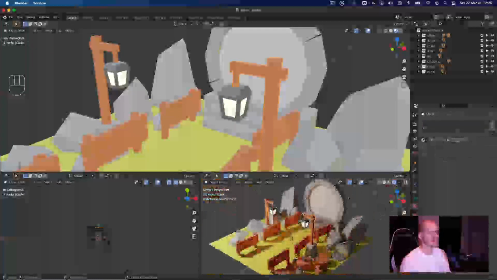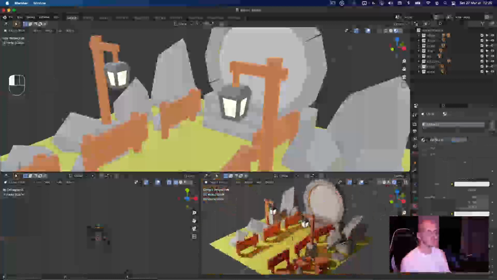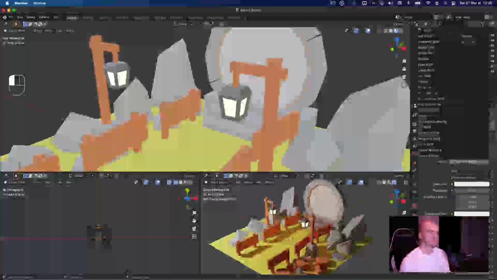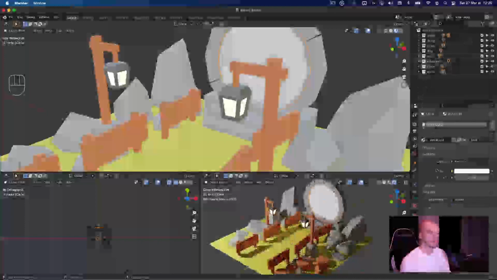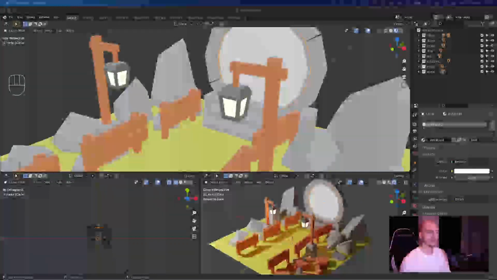Let's do the same thing for the portal. So I'm going to create a new one. I'm going to call it portal light. I'm going to change the surface to emission. And right now you can choose whatever color you want for the portal. Me, I will go